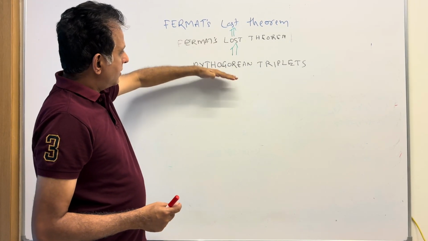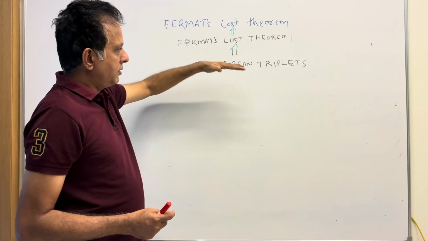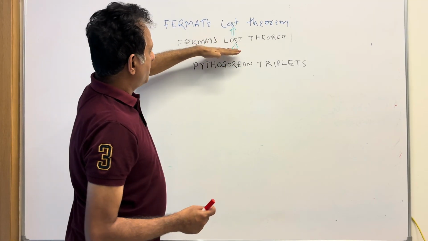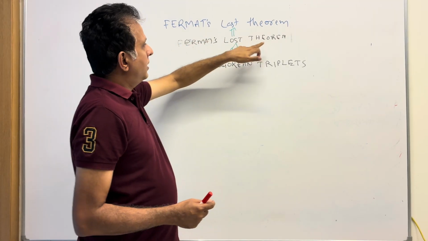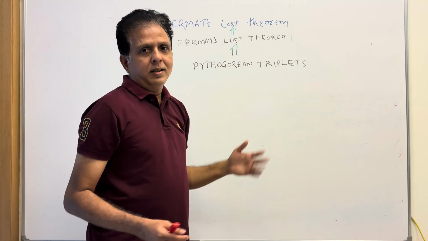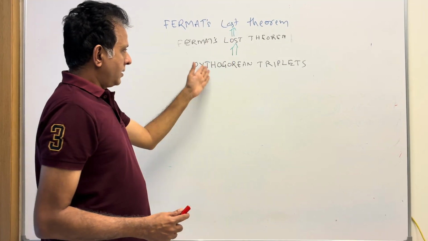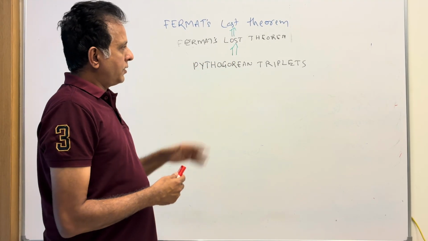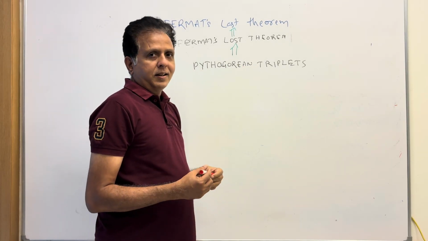Today we will see how we can try to prove Fermat's Last Theorem. So, we had the formula for Pythagorean triplets, that is